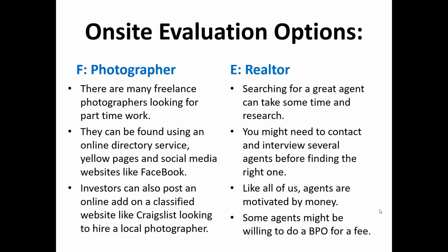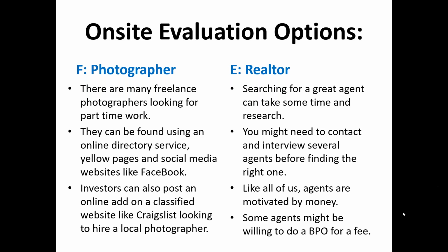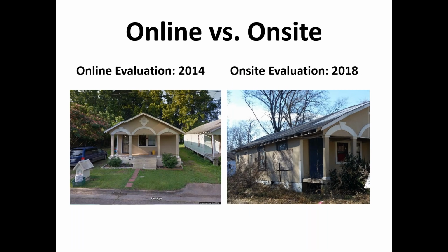Yeah, which, really, if you can find the right realtor to work with, a realtor could work out great. But on average, for a lot of tax sale properties, you're not going to be able to sell them through a realtor unless you can get something worked out with a wholesale deal. That's something you can probably look into other trainings for more information about, in terms of how we sell the properties. But this is a pretty good example right here of the difference between an online evaluation and an